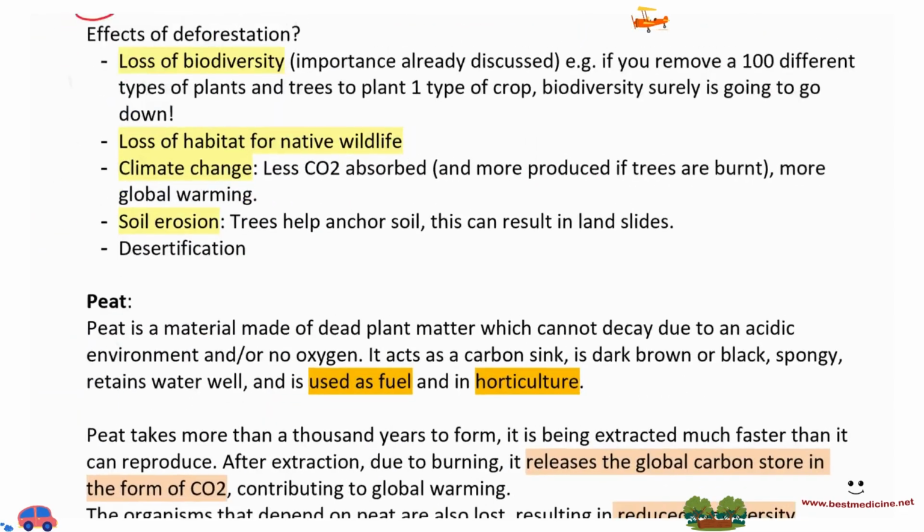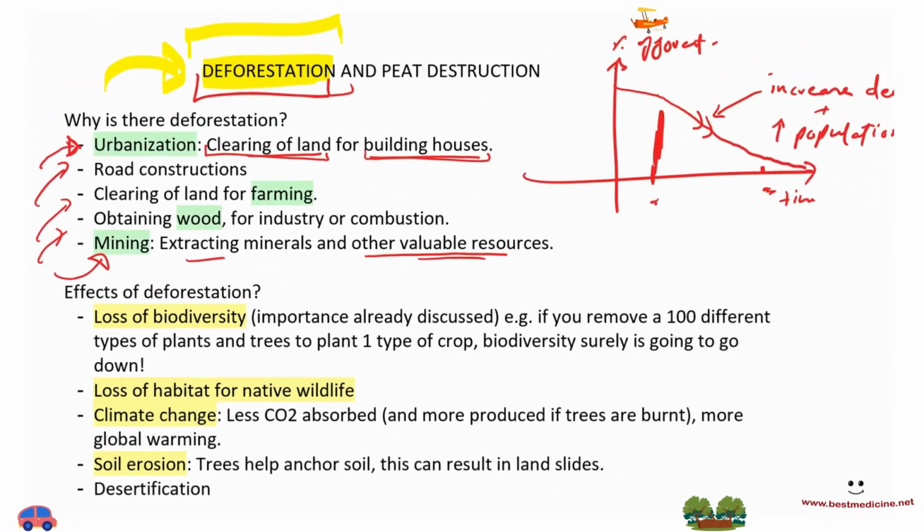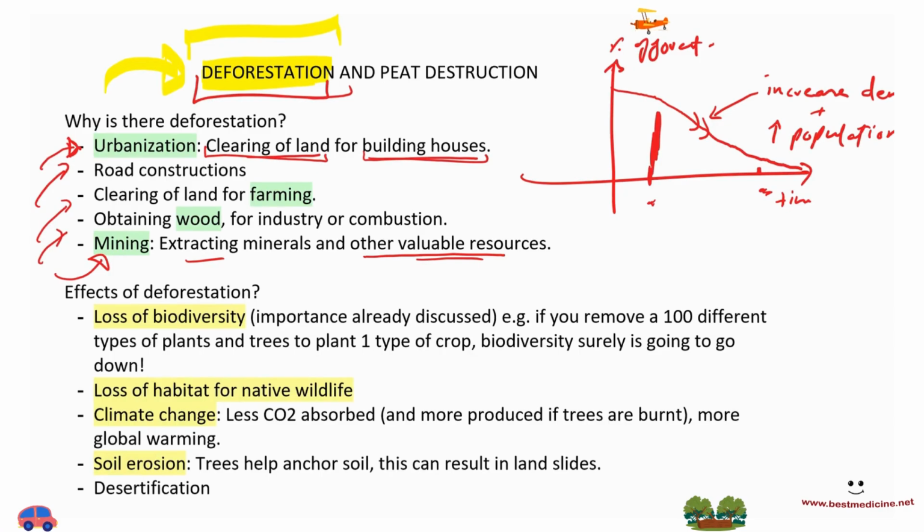So what are the effects of deforestation? That's very important as well. The effects of deforestation would be, number 1, you're losing biodiversity. Why? Because you're breaking down habitats. For example, if you remove 100 different types of plants, maybe even for farming, and you plant one type of crop, of course the biodiversity is gone. And we've already talked about how biodiversity is important and why not having biodiversity is bad. Loss of habitat